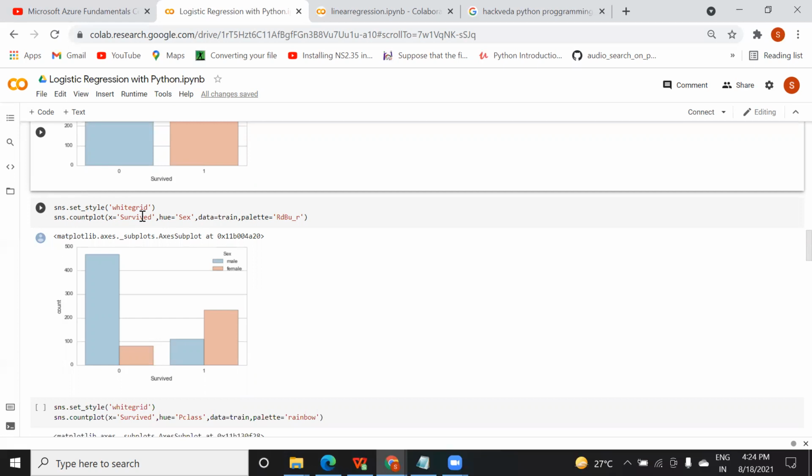The hue will be a parameter that you need to pass if you wanted to consider one more column in the data. मतलब जितने जो बचे हैं उसमें कितने मेल फीमेल है उसको जानने के लिए आपको